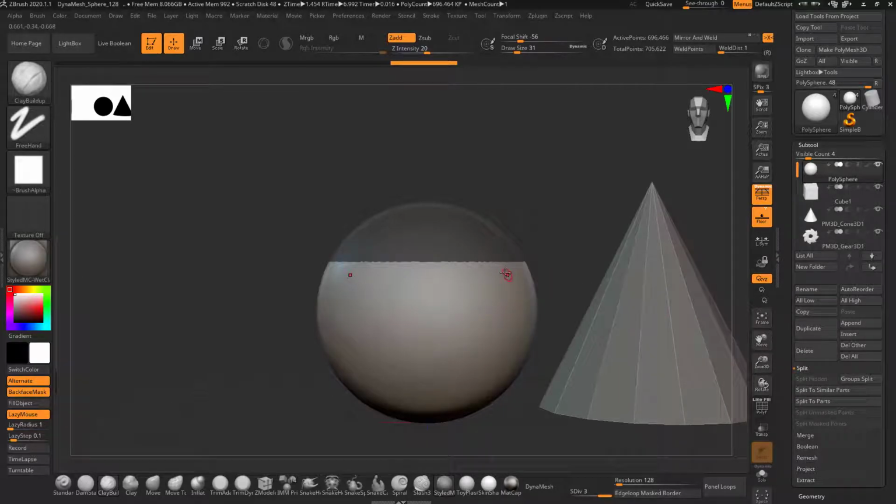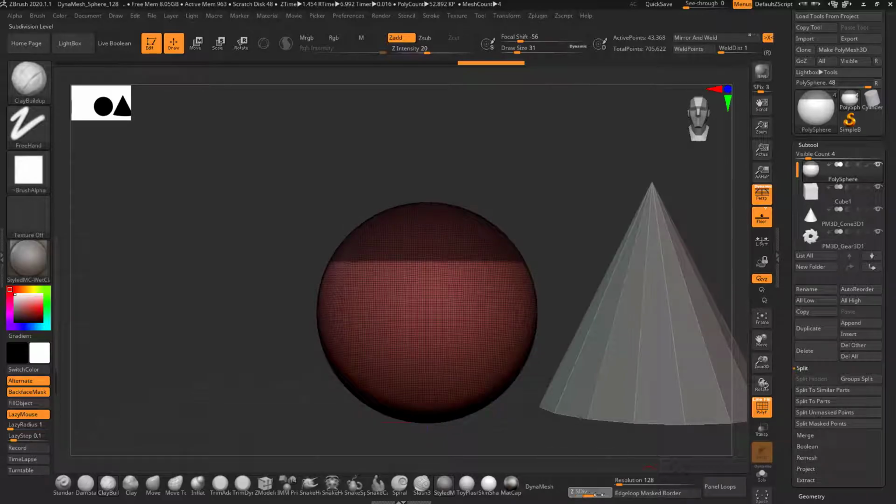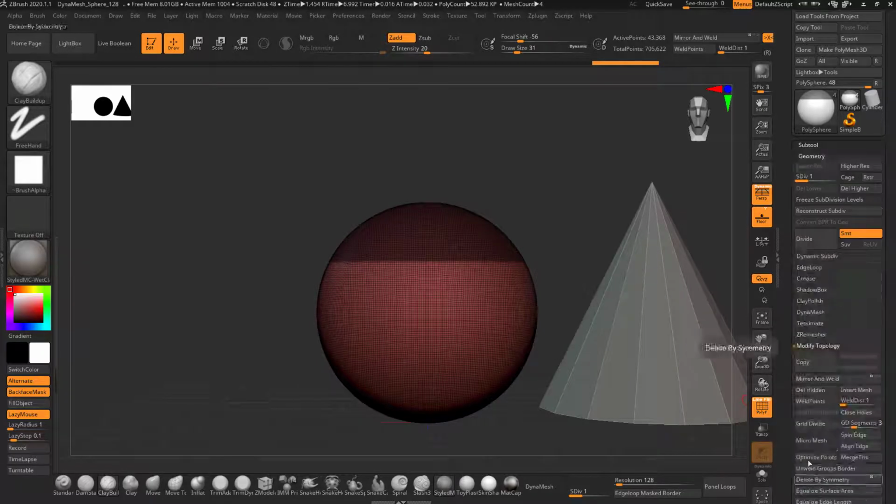Now the thing is that I want to split unmasked points, but this option is not available here. The main reason for this is that this sphere has subdivision levels. As you can see, when I increase the subdivision level, it has that information. So I will go to the geometry panel and delete higher.